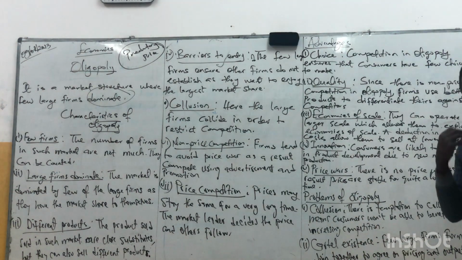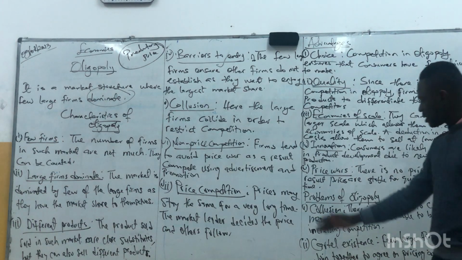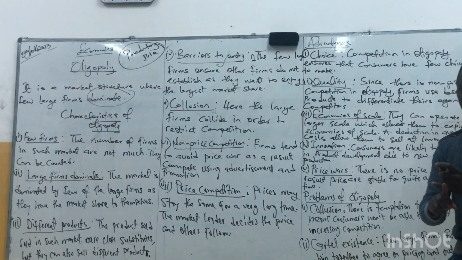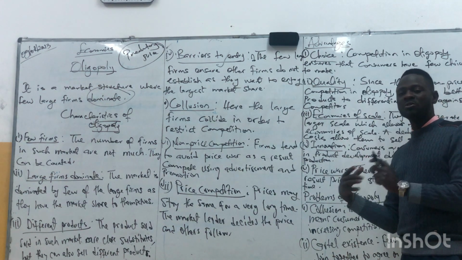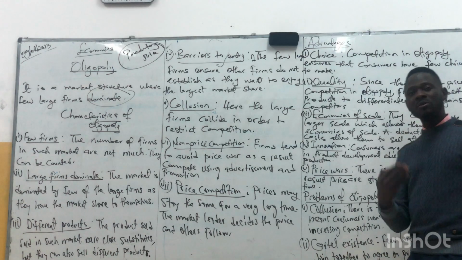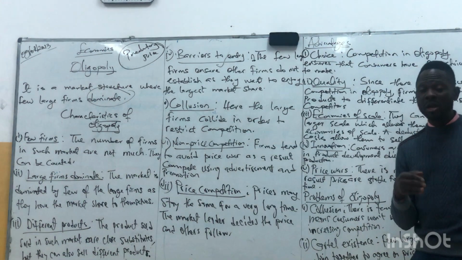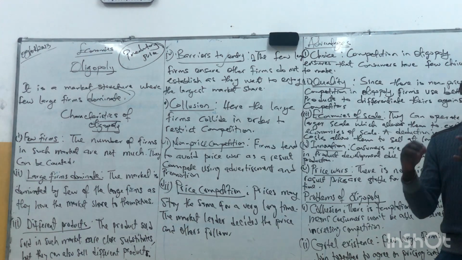As a result of that, prices are stable. Then the problems about oligopoly is collusion. They try to come together to ensure that no businesses join them, or consumers have few choices to make. And cartel. The cartel comes into existence when businesses or firms come together to ensure that they charge the same price and produce almost the same